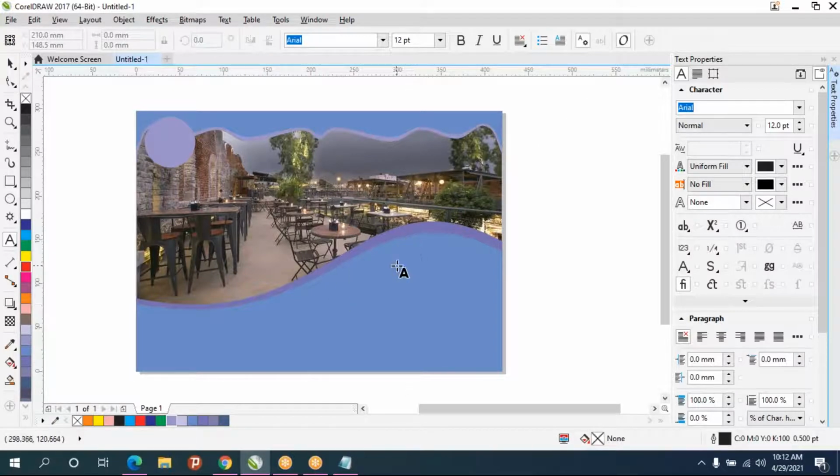And if you want, you can add some other images also, here or on the back side also, because bifold means four sides will be there. So this is just inside part, or you can keep this as outside also.